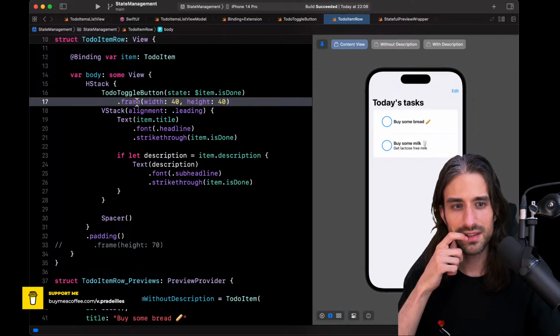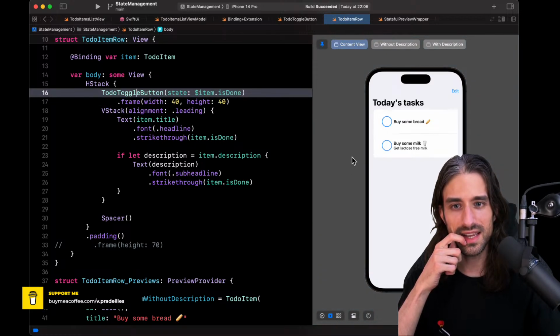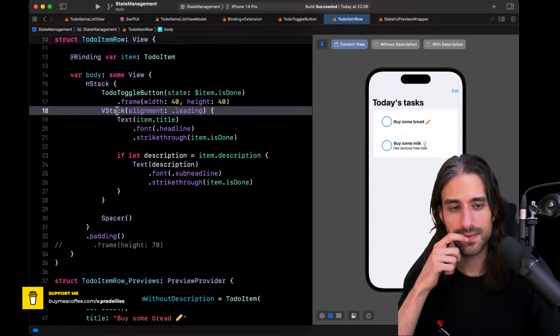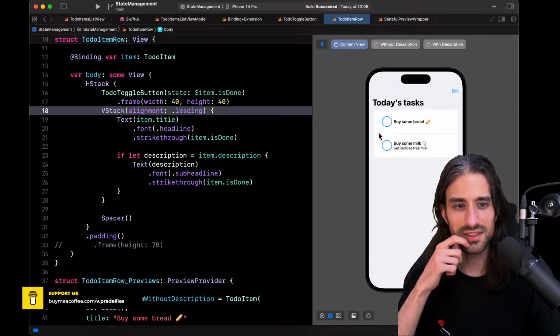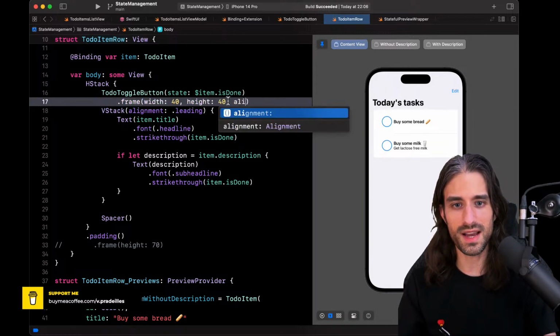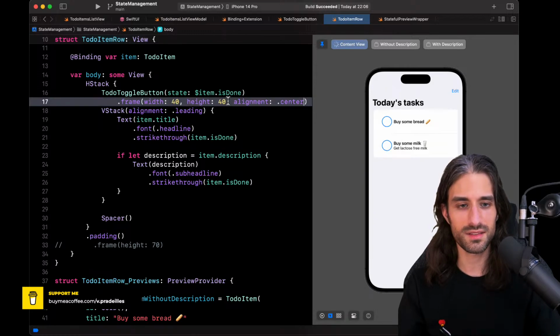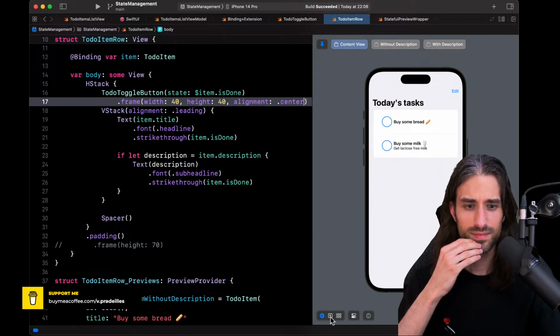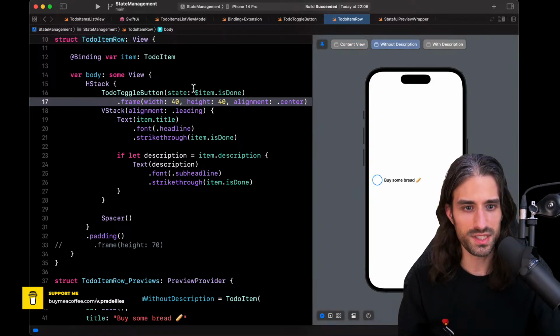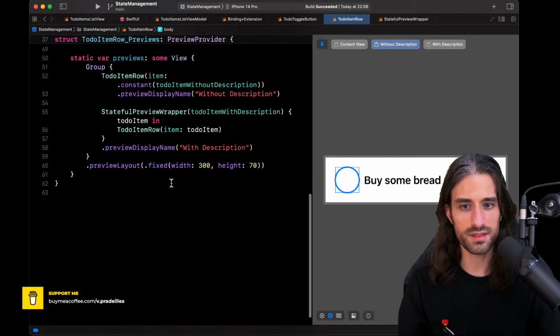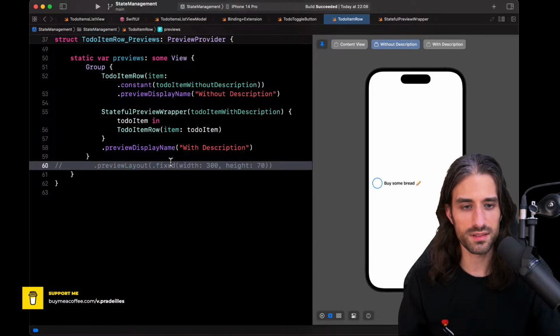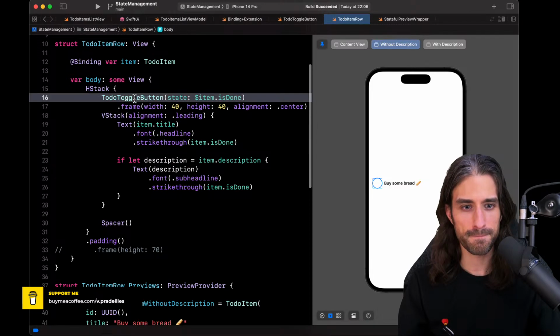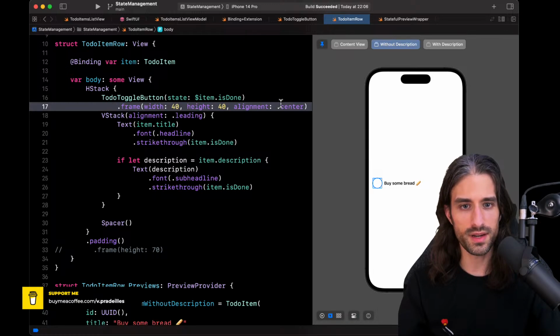I think the button, I would like to see the frame that it actually takes here, because it seems like it's not centered, you see. Maybe in terms of alignment, I should say it is centered. No. What if I go here? I would really like to see the space that each item takes. So if I remove this, so the toggle button is there. I've given it this frame, okay.